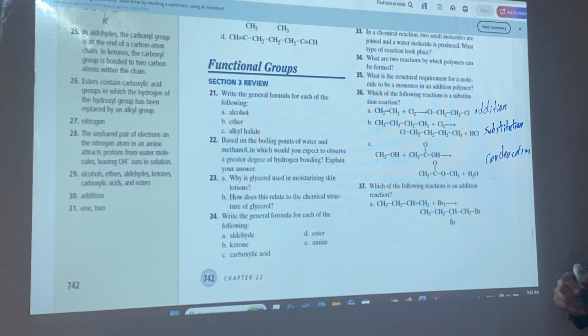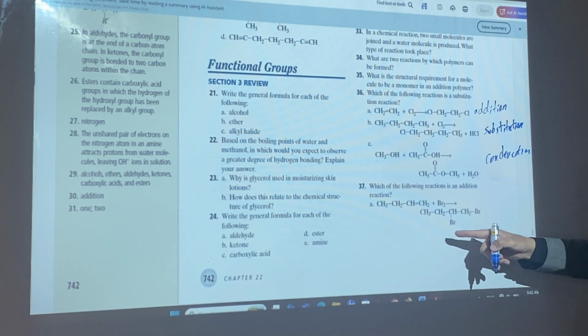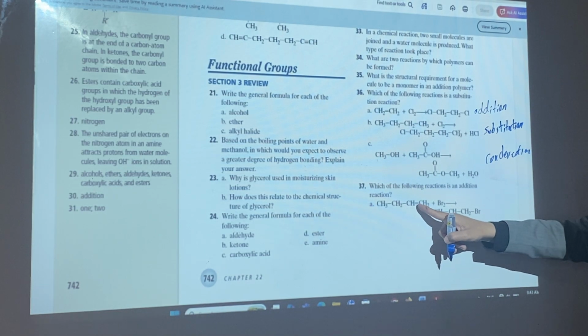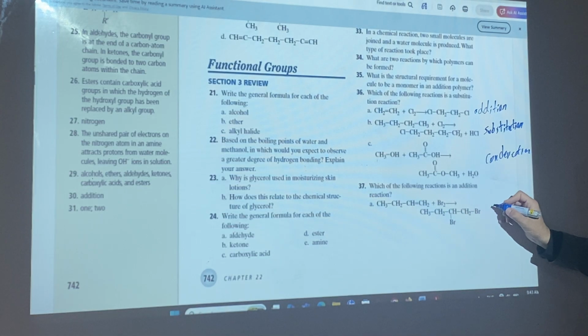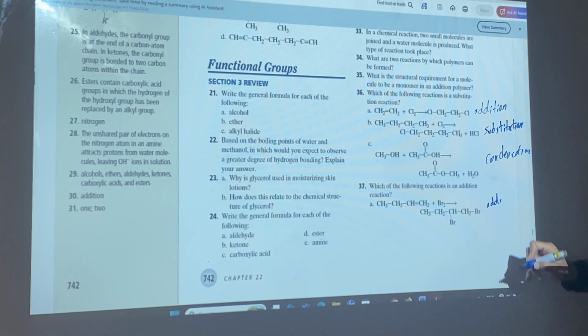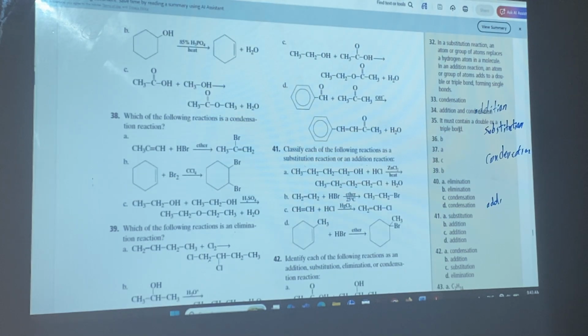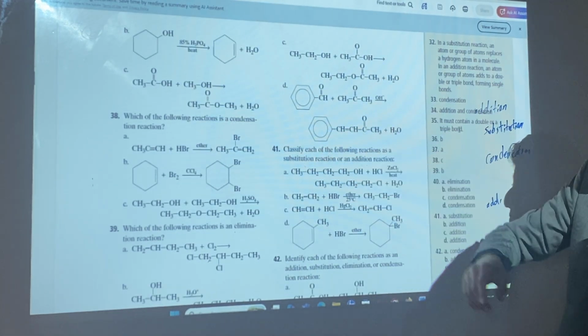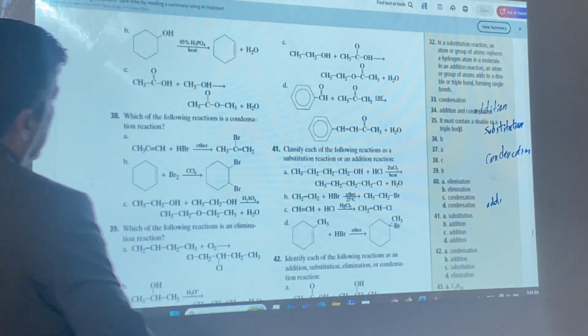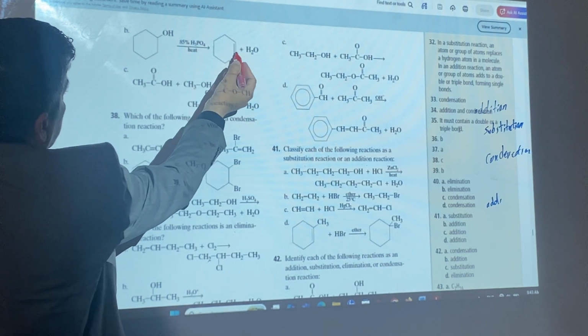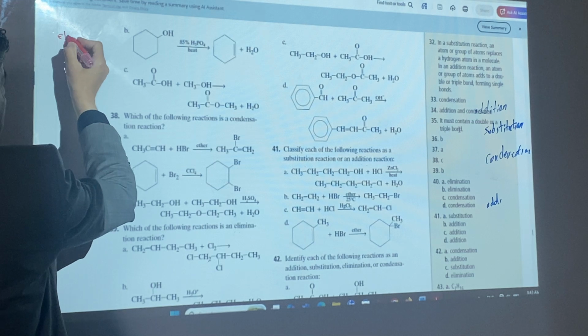And in question 37a, this reaction is an addition reaction. Why? Because we have a double bond changed to a single bond. We have an addition reaction here. Another question we have, 37b. This reaction, we see that we have a single bond changed to a double bond. We have an elimination